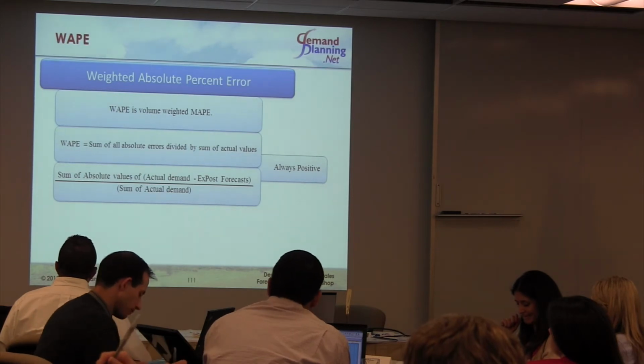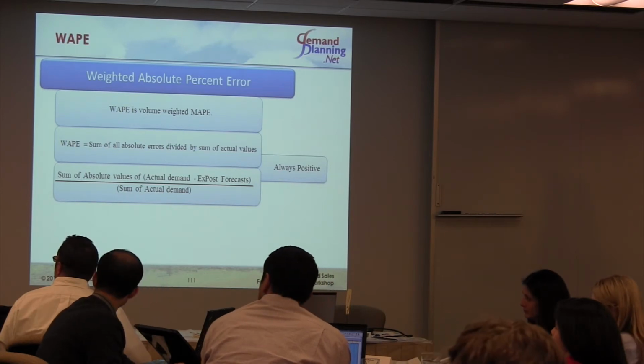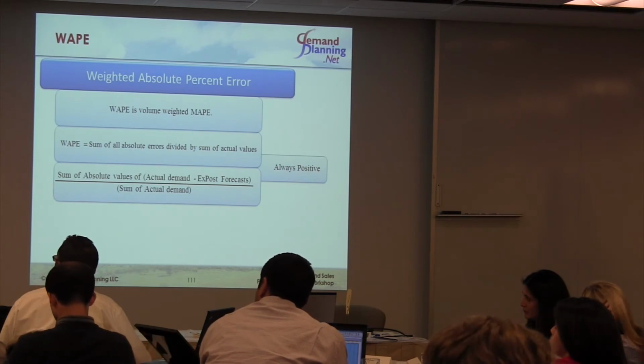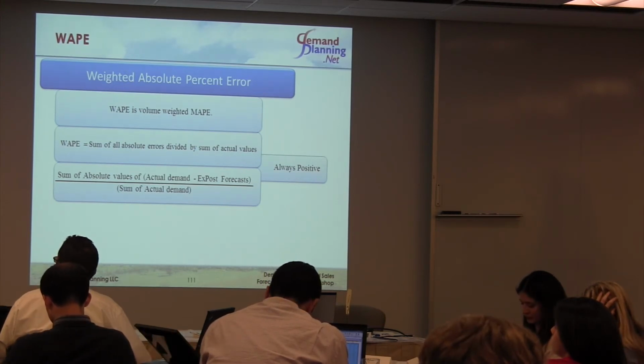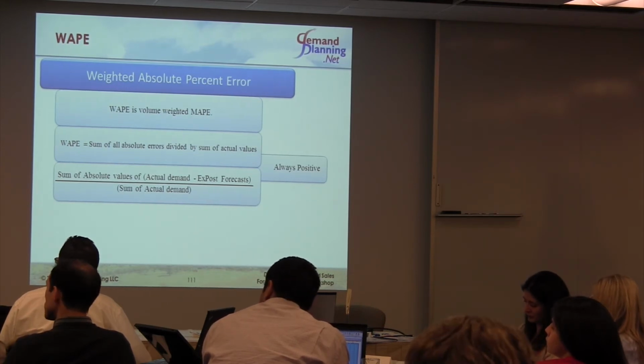So let's just think about this particular formula here. All it is saying is I am summing all absolute errors, taking all errors, summing them and dividing by the sum of the actual demand. Add all the errors, divide by the sum of the actual demand. And it's the same, because if you just take the average error divided by the average demand, they are the same as well.